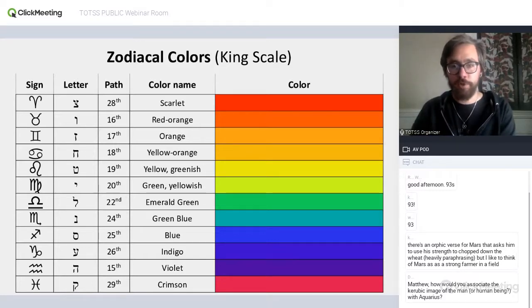So we're just going from scarlet or red, up to violet in Aquarius. And then with Pisces, we start to loop back around, and now we're between violet and scarlet with crimson. So you can see that, similar actually to the image of Aeon at the center, Pisces has that symbolism of being both the last, but also the return to the beginning again, which is really nice.